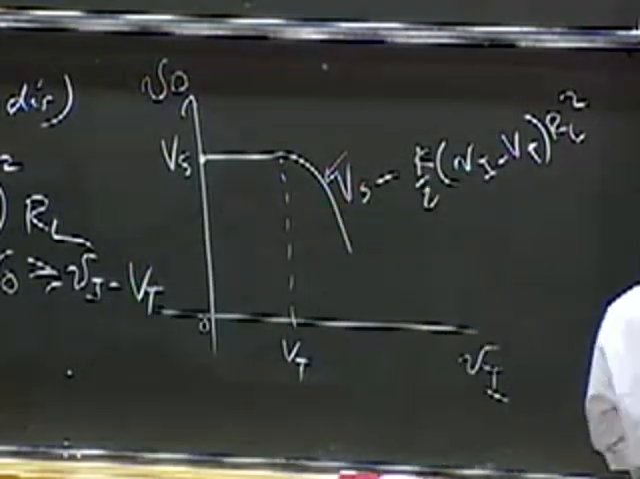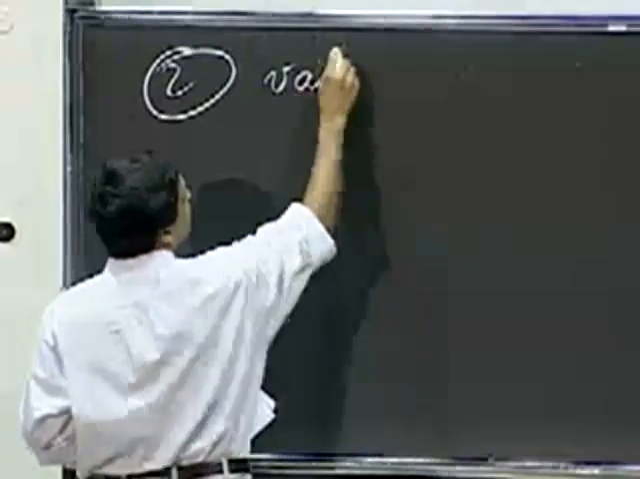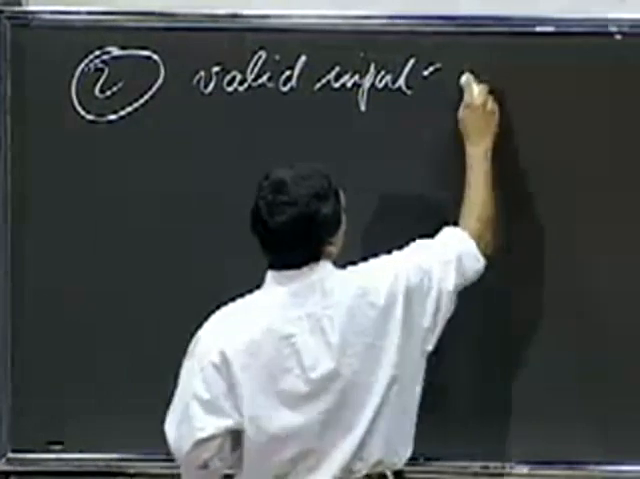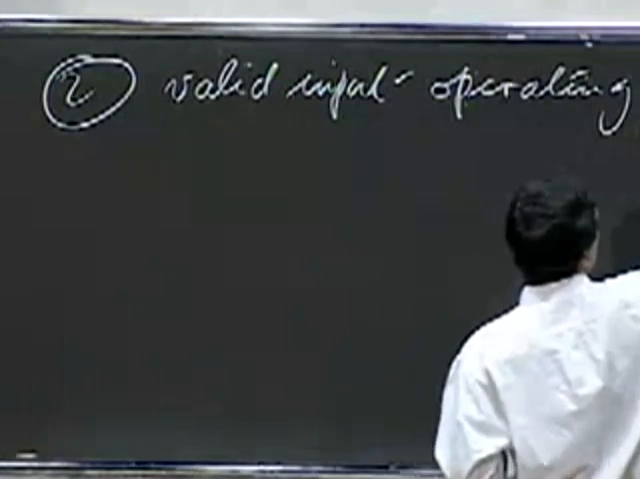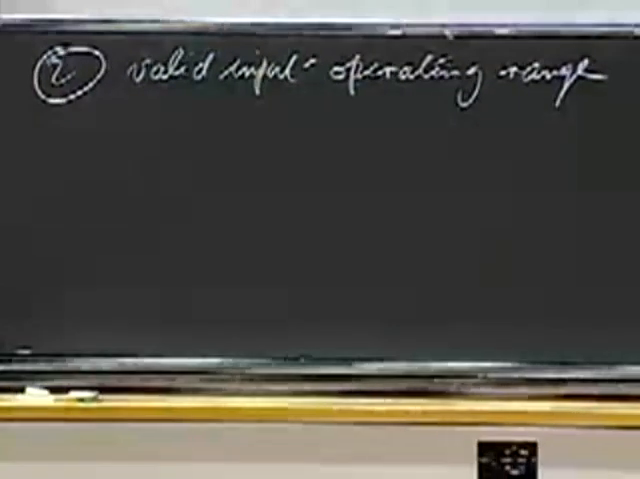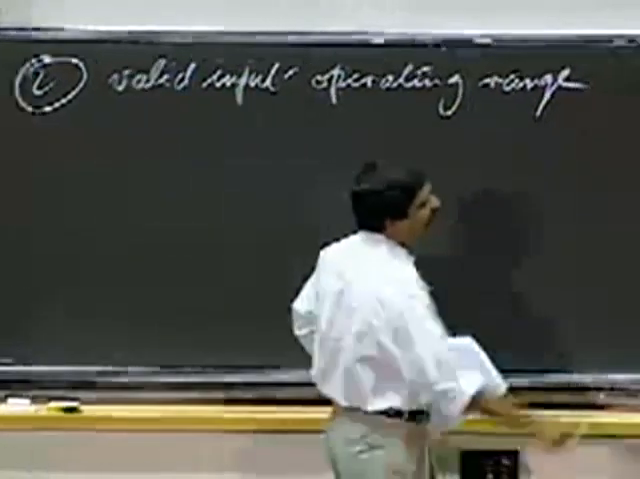So now I can embark on the second step of my large signal analysis. And my goal is to find the valid input operating range. So what does that mean? What I'm looking to do here is